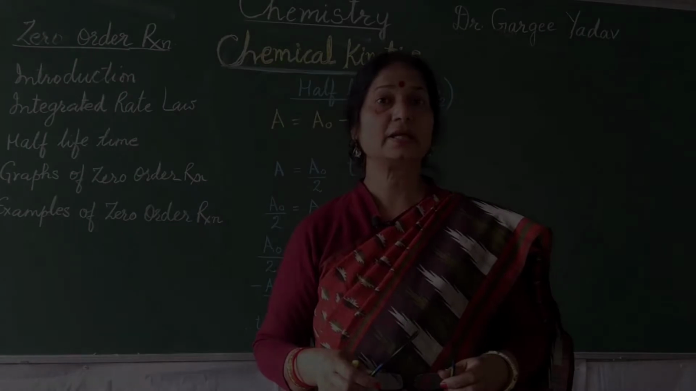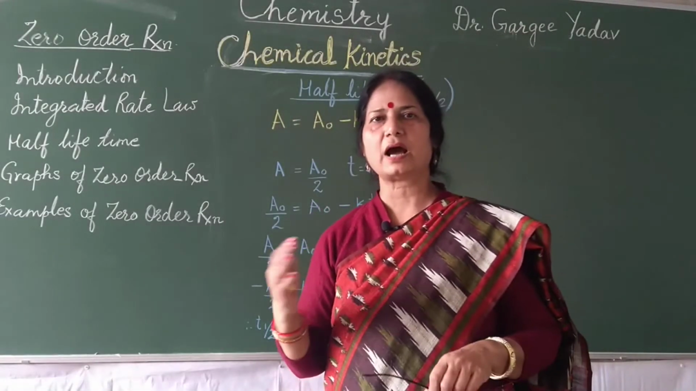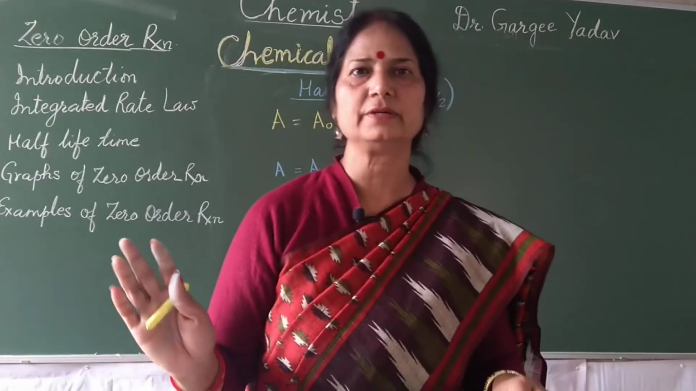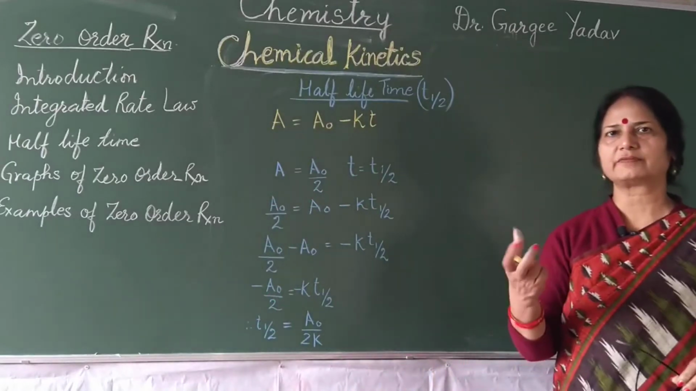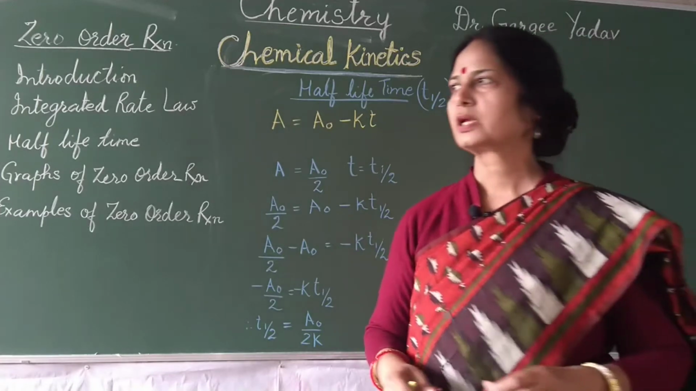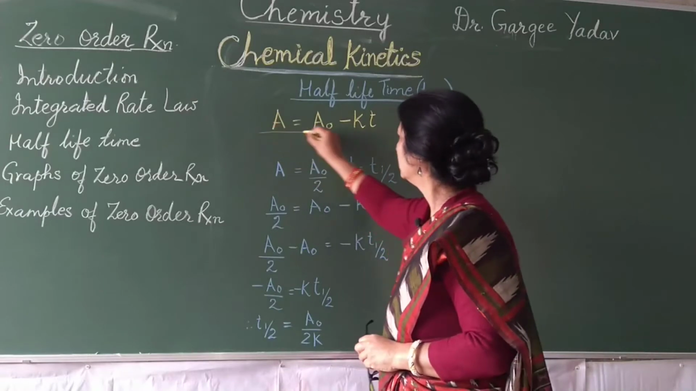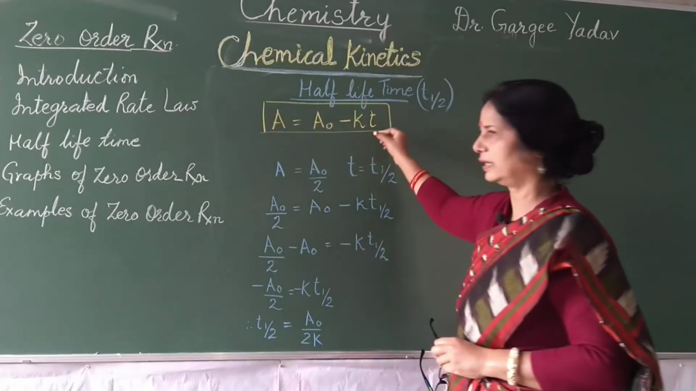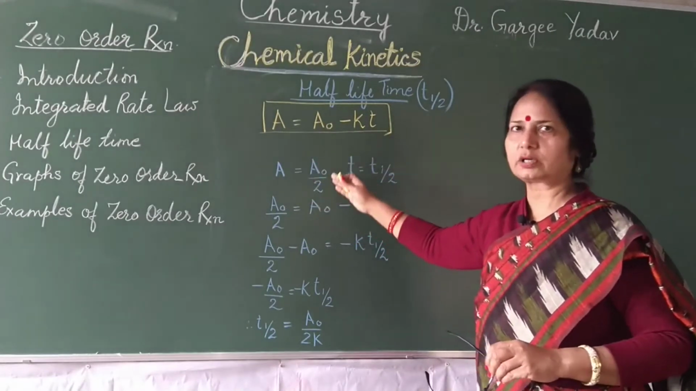Now let's calculate the half-life for a zero order reaction. What is half-life? Half-life is when half of the reaction is completed and half of the concentration of any of the reactants is consumed. That is the half-life time of a reaction. So here, this is our integrated rate law equation for a zero order reaction. Now when we are talking about half-life, this means when the concentration of A is A naught upon 2, because